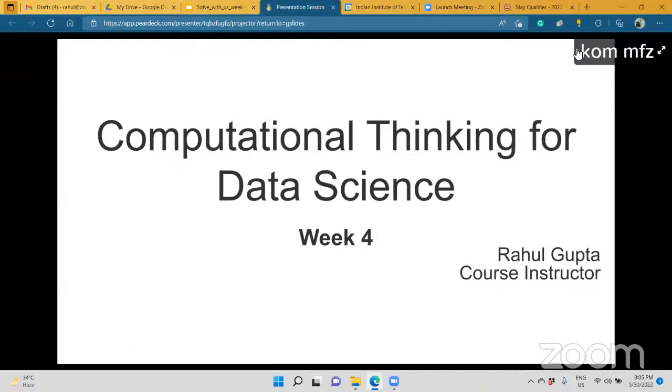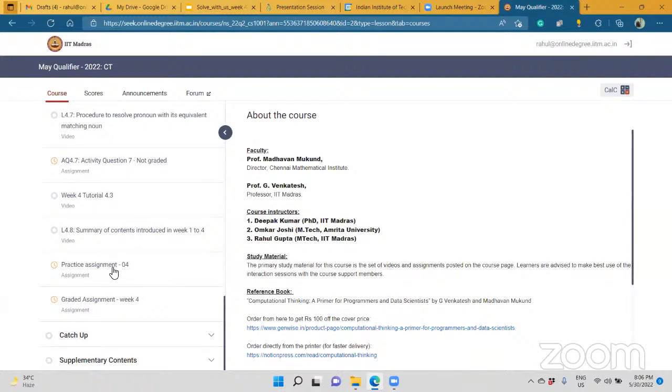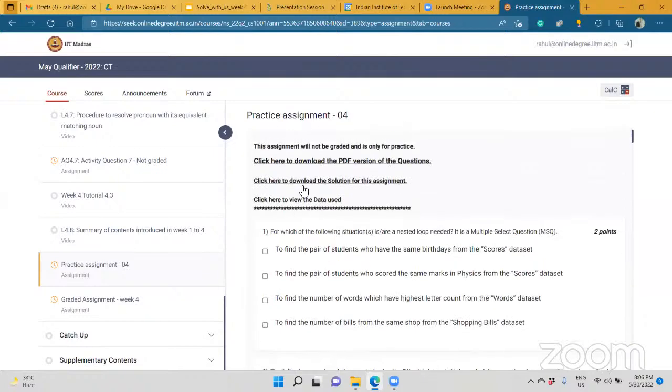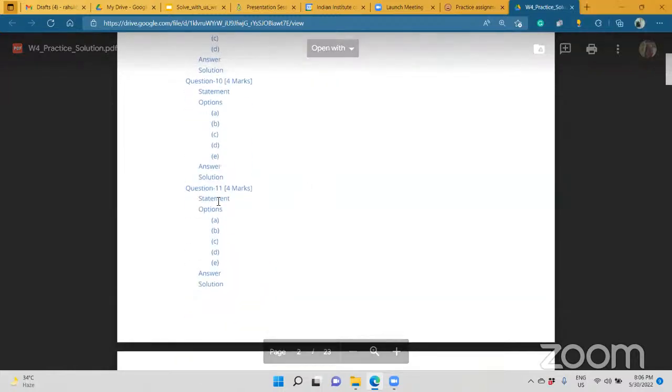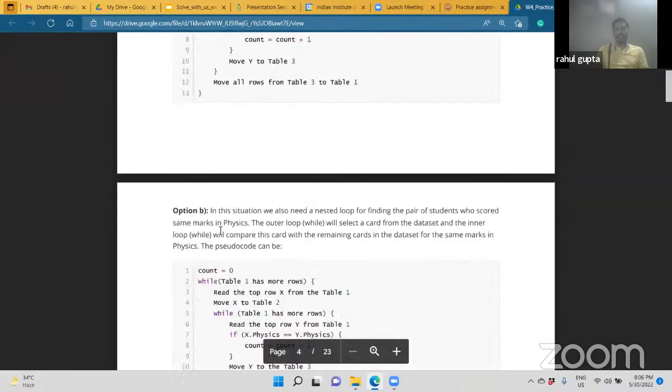Sir, in the practice assignment of week 4, question number 7, I think there is some error in that code. Either it's my error that I can't understand, or I don't quite get it. Did you see the solution in the practice assignment? Sir, they don't have a solution. Why, man? This is click here. You guys are not in the habit of reading every line, you want to skip everything. We put in so much effort, we give you the table of contents so that you don't waste time scrolling.